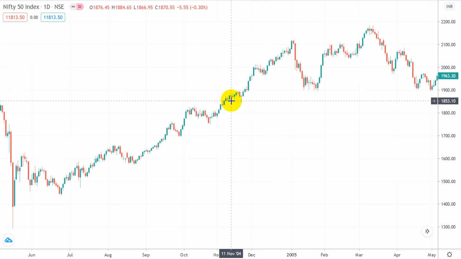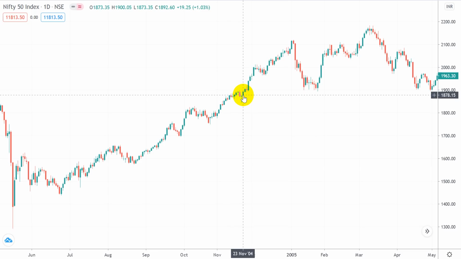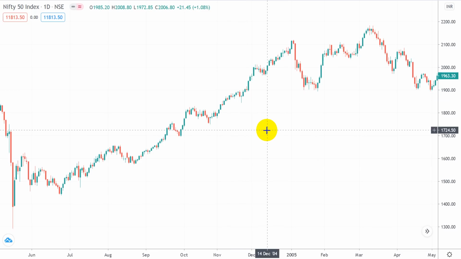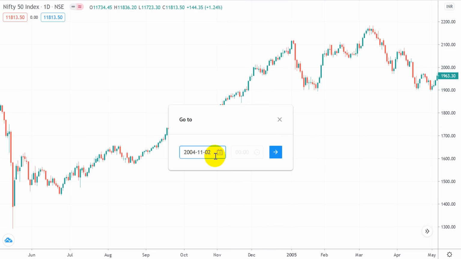So again, we are not trying to anticipate who is coming, who is going, whether a Democrat is coming or a Republican is coming. We are just waiting for the market to react to the signal, and the next day, whichever side the high and low is getting broken, from the last two elections we got a good trending move. Let's see what happened in 2008, which was the peak of the financial crisis.